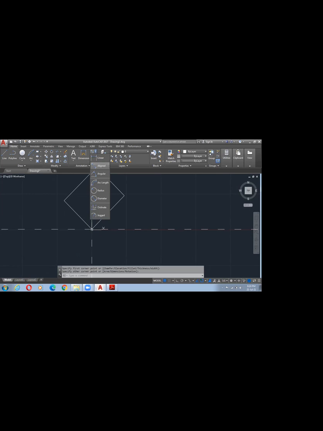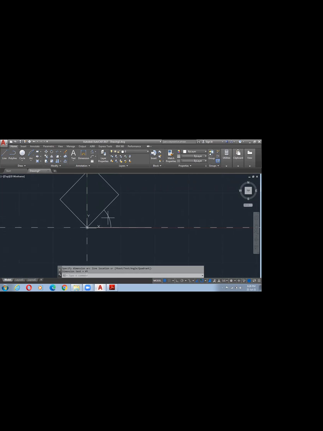It will be properly 45 degrees from here to here. It is not selecting this. Let me make a line. Angular dimension from here to here. So it will be proper 45 degrees.